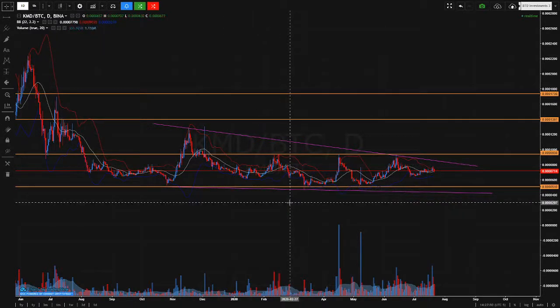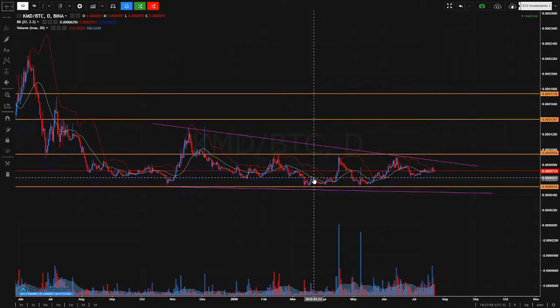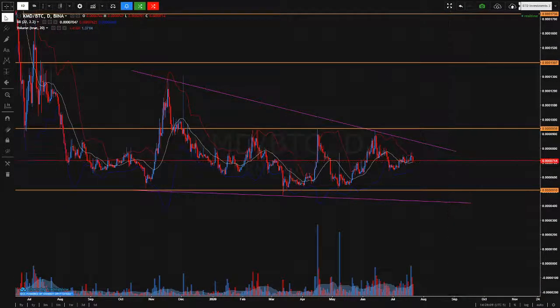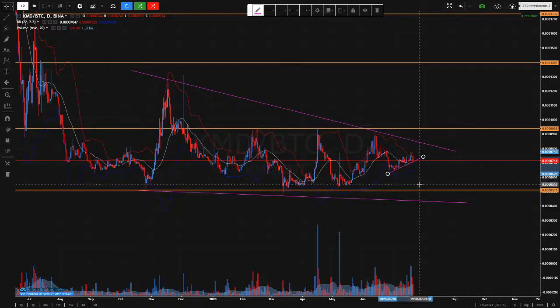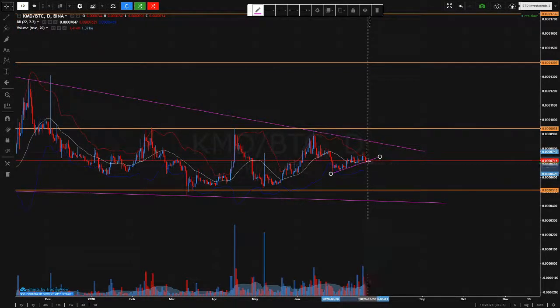If I had to guess what it's going to do, I'm really not sure. If price starts to push down here on strength, if it pushes through here and leaves a wick, that's a false breakout, and that's bullish. It makes it more likely it's going to push up. Sellers got in here and they get suckered, and they're hitting the buy button to get out. So if you see it push through and you see a wick,